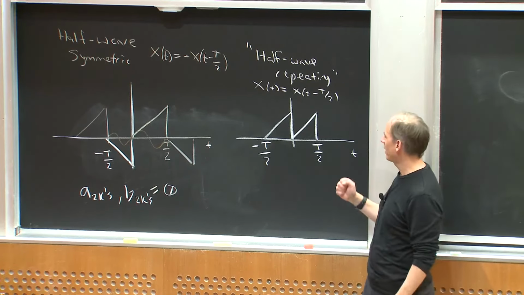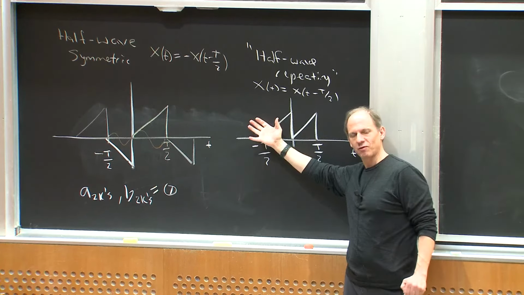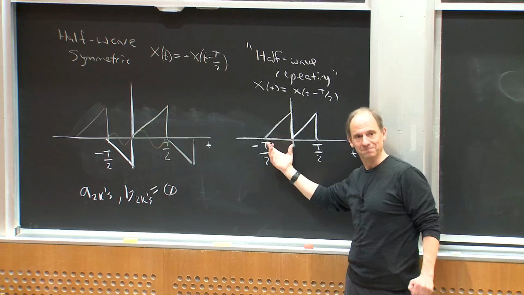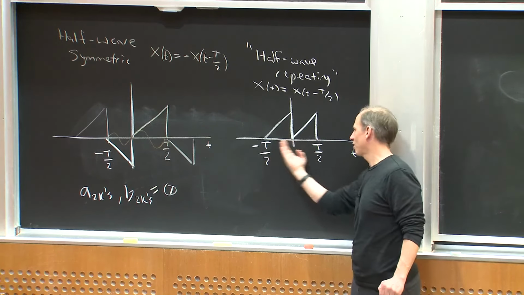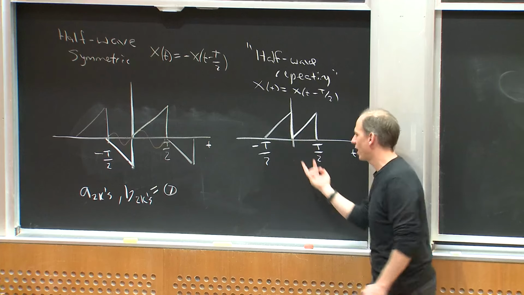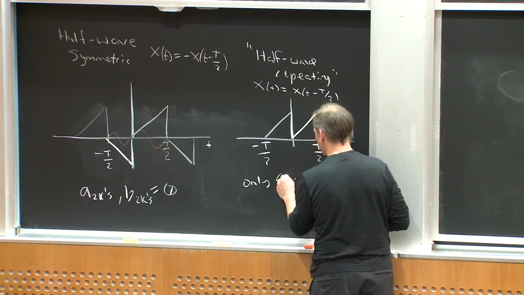Or another way to think about it is the fundamental period of this waveform is actually T over 2. Okay? But if we're looking at it across some period T, this comprises only A sub 2k's